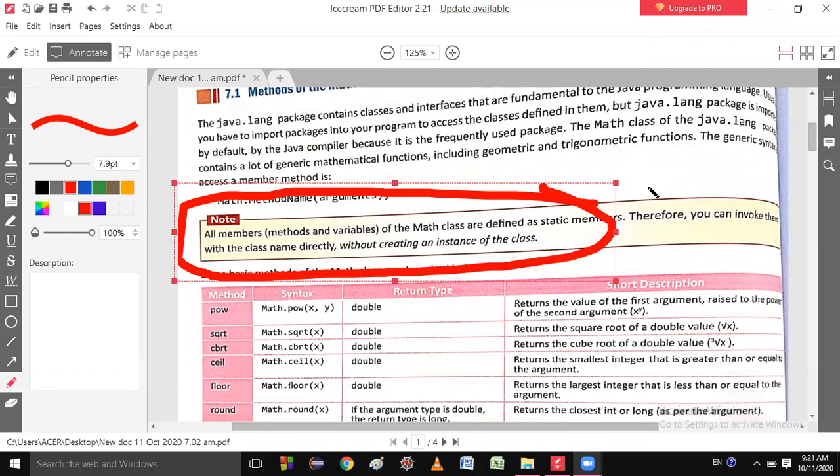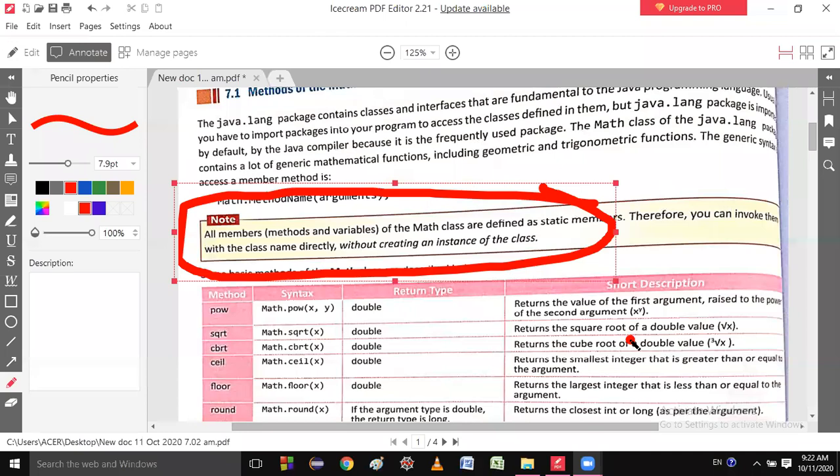Mansi? Yes. Okay, Mansi, right. The answer was right. If a method or a variable is static, then you will call that method and variable by the class name. Is it okay or not?